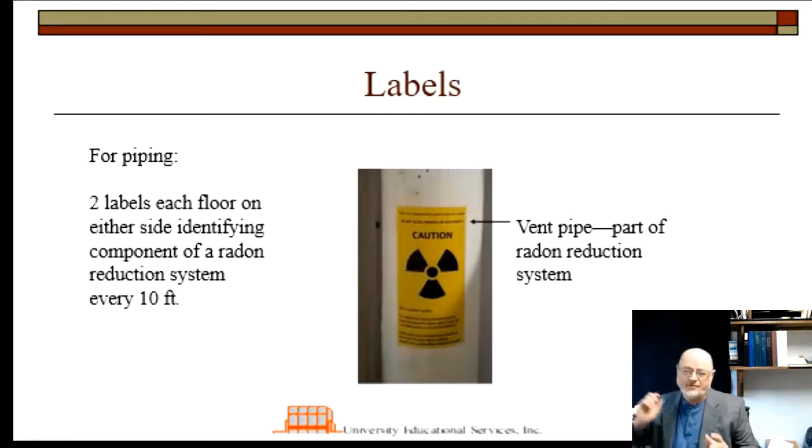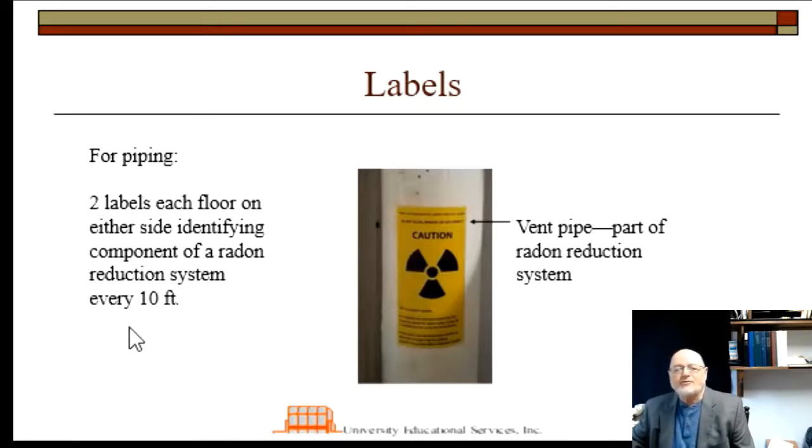You need to label the system in such a way that people don't mistake it for an exhaust vent from a dryer, or a vent for a toilet or a sink or something along that order. So you need to label these things. So there are labeling requirements, and the standards do indicate how big the font is for the label, etc., etc. It's all very common stuff. And they're minimum sizes, of course, as almost all the parameters indicated are minimums, almost all. And so you notice here for labels,